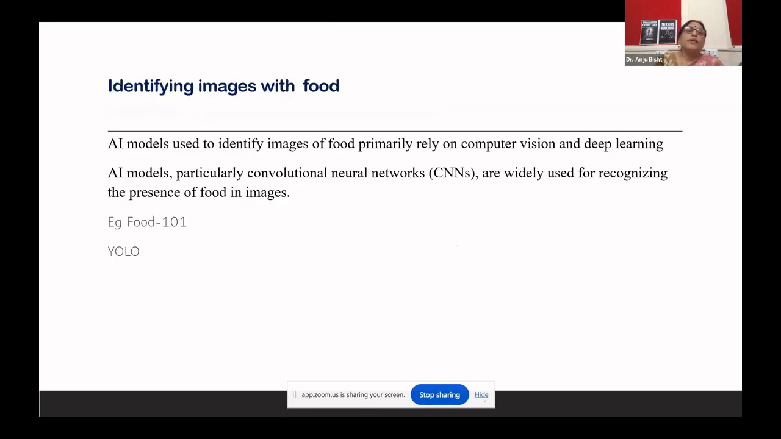Now, one by one, we will discuss it. The first step, as I said, is identifying images with food. So let's understand which AI models actually function here. AI models used to identify images of food primarily rely on computer vision and deep learning, particularly convolutional neural networks, CNN,